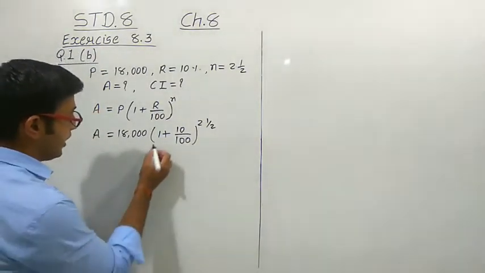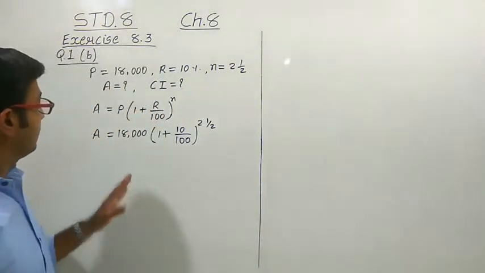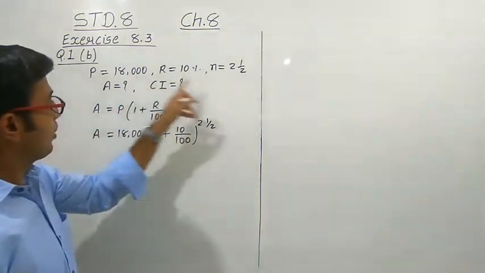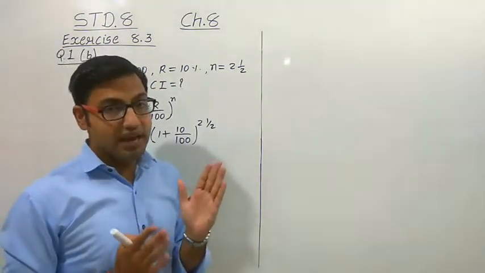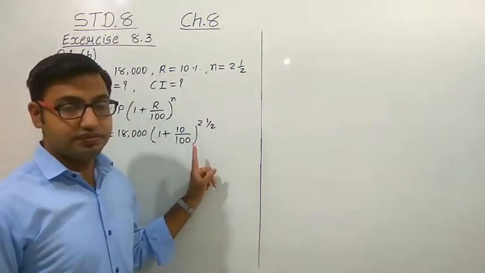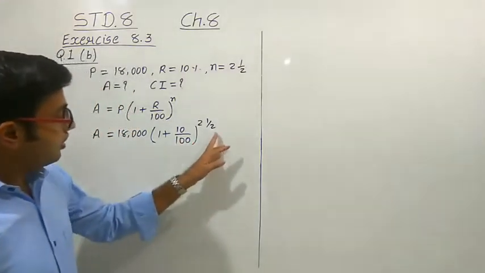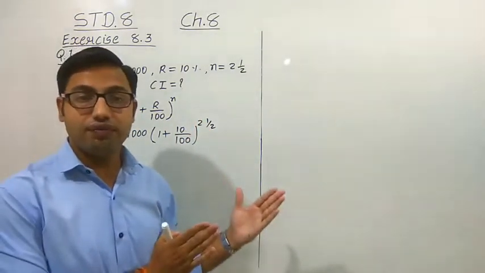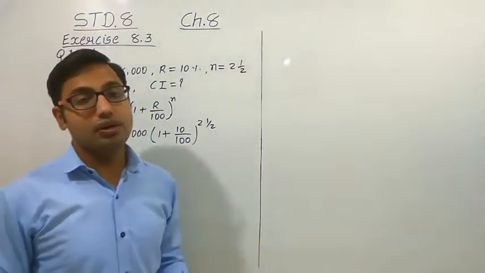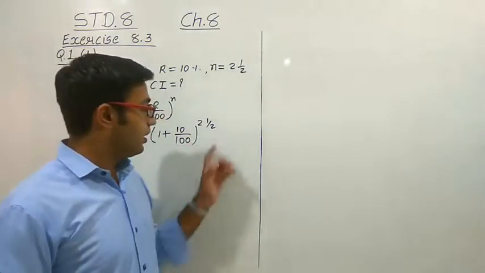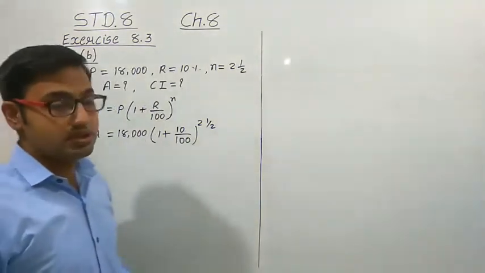We can do one thing here is that, let us understand first of all what we are going to do. First of all, we know that this much of the amount is put for 2.5 years. So first of all, we will calculate the amount for the 2 years, right? First of all, we will calculate the amount for the 2 years. Then whatever the time duration is left, that is half year is left. So for that half year, then again we will calculate the amount, right? We will find the interest. So first of all, we will do this thing for 2 years only.